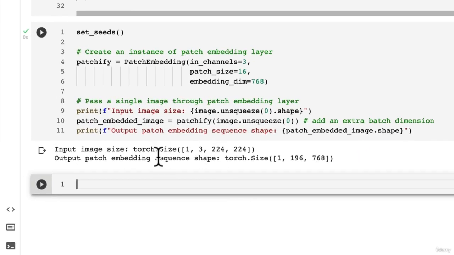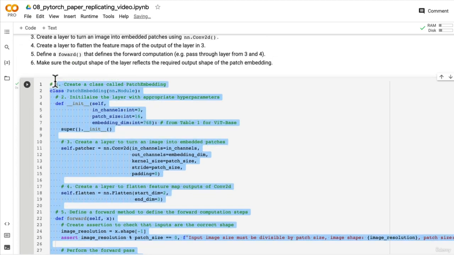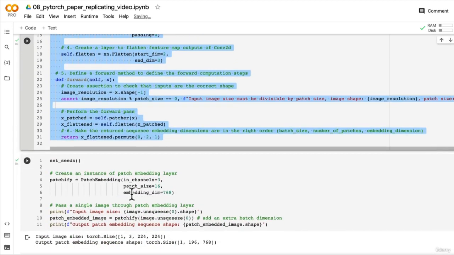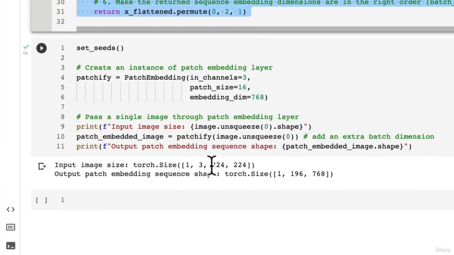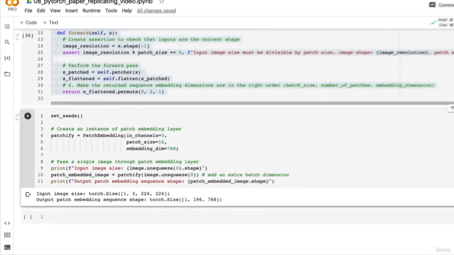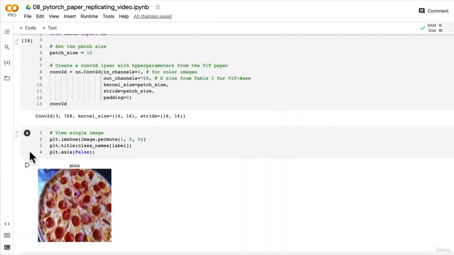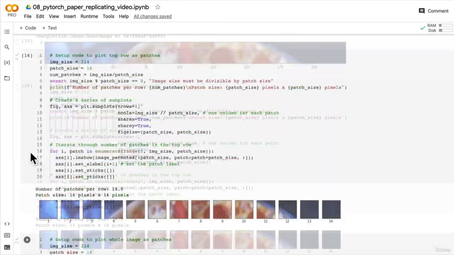Yes! We did it. We've got a single layer here that now turns our single image into a patch embedding or a sequence of patch embeddings. Look at that. We start with the image 1, 3, 224, 224, and we end with 1, number of patches, embedding dimension, which is exactly what we wanted. If we come right back up here where we calculated the input and output shapes by hand,